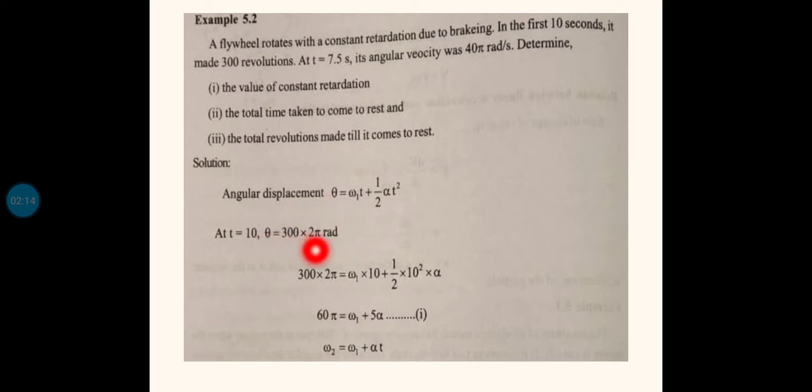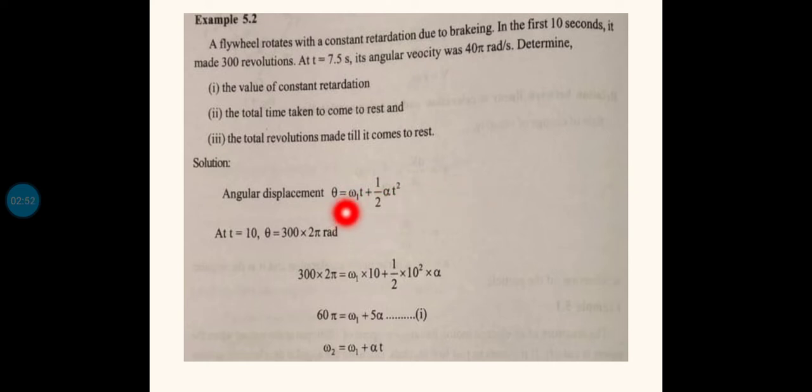So theta, the angular displacement at time t equal to 10 second, is given. We have the general equation theta equal to omega 0 t plus half alpha t square. That was one of our governing equations. Here instead of omega 0, omega 1 is used. Don't get confused, the notation may be different, but remember the concept. During the derivation, we used omega 0 for the initial velocity and omega for the final velocity. So here omega 1 means omega 0.